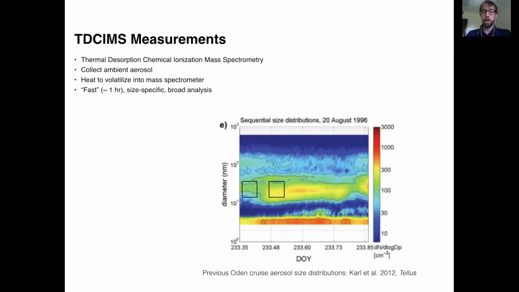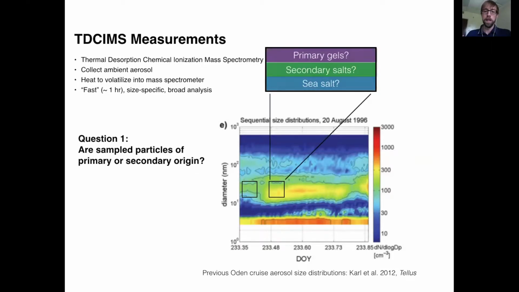If we can look at the aerosol basically before and after in this mode of tens of nanometers, and ask the question, are these primary gels directly emitted, secondary salts formed in the atmosphere? Is there sea salt in here? And we can answer this question, we expect to answer this question of whether these particles are primary or secondary